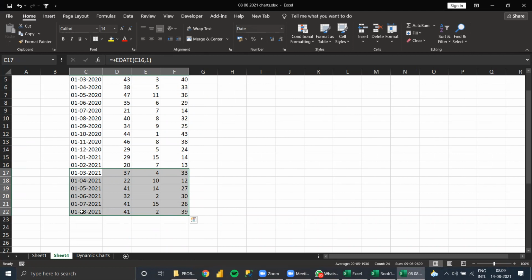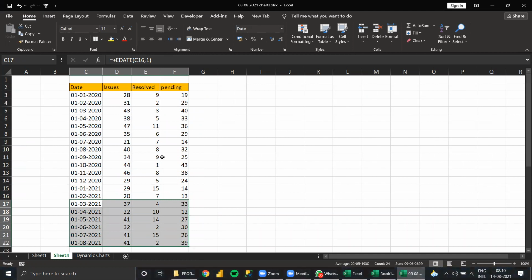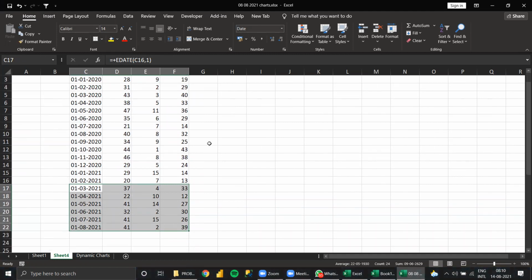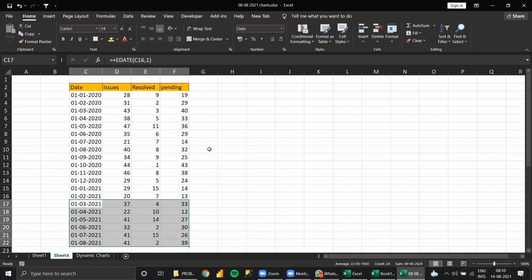Now if this is the scenario, how do you do that? Normally, how do you do that in the practical scenario at this point of time? We drag down the link.